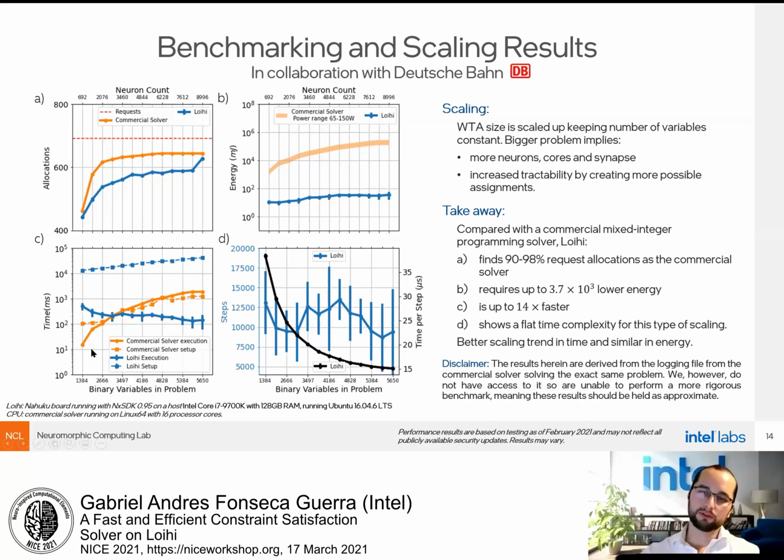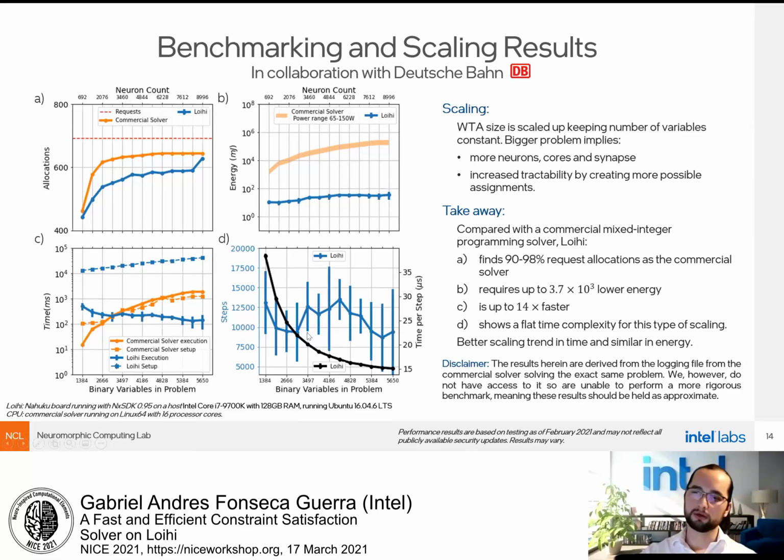And it's interesting because if we look at the time plot here, for the commercial solver, even though the problem is getting easier, the commercial solver is needing more and more time, right? And also more and more energy to solve the problem. Well, Loihi actually shows that it doesn't require more time. It starts requiring a certain time, and then it starts to slow down, requiring less and less time, so it speeds up. And then when we look at why this is happening,